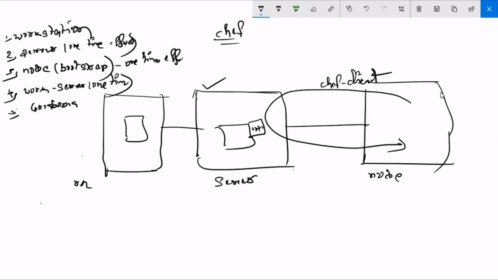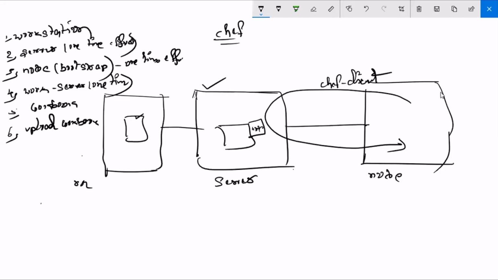There is no automation here. What you can do is simply take a community cookbook from Chef Supermarket. Then you upload the cookbook. Whenever you write a cookbook, you will upload immediately. That's only one step, right? Okay.